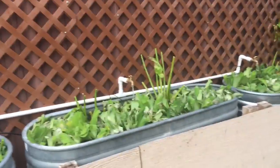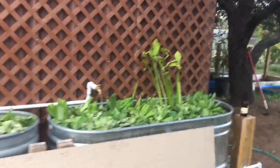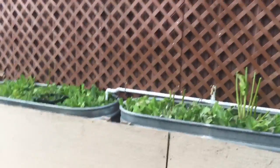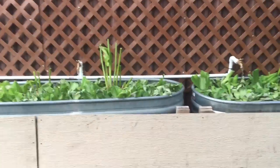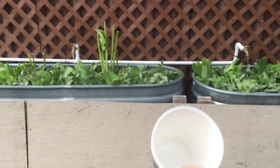All right, guys, the evolution of the aquaculture system converted over from the wicking beds continues. I got some comments from you guys concerned about stagnant pockets and things like that, and some suggestions for fixing it. Well, I appreciate them. I'm going to explain to you why most of them anyway were not going to work very well, and I'm going to tell you how to use this really highly sophisticated calibration tool to calibrate the flow in an aquatic